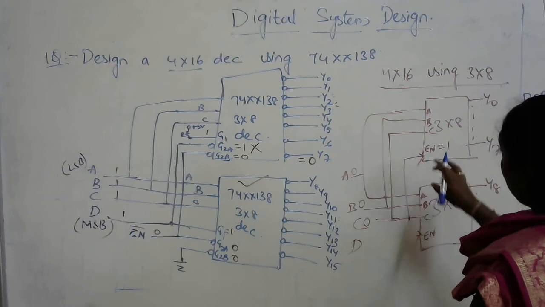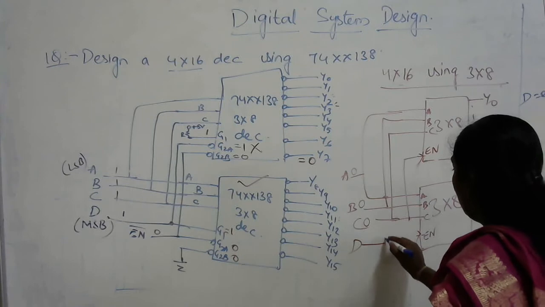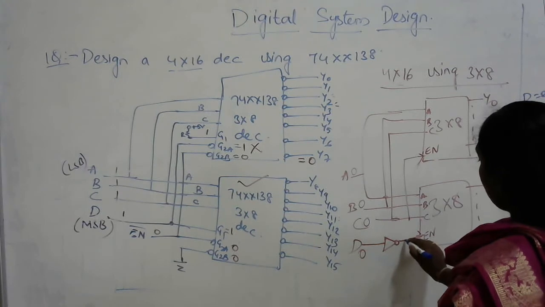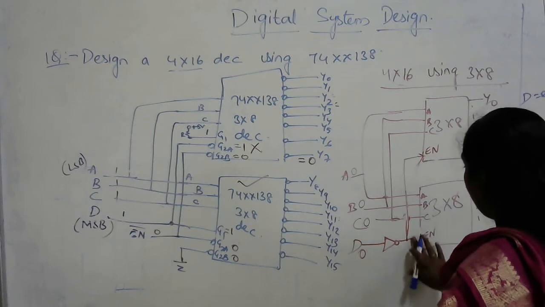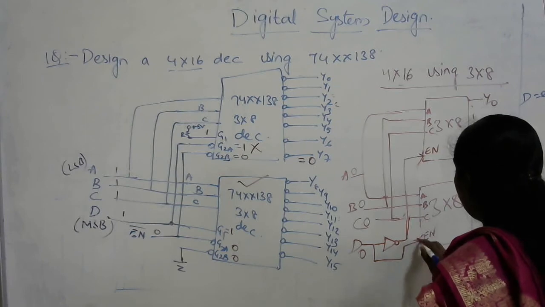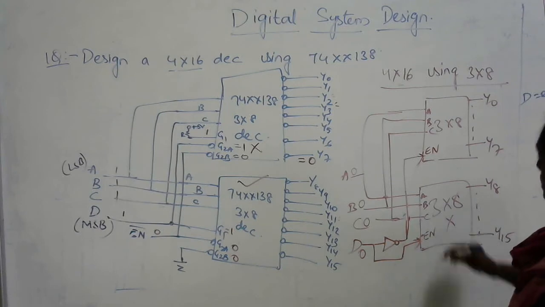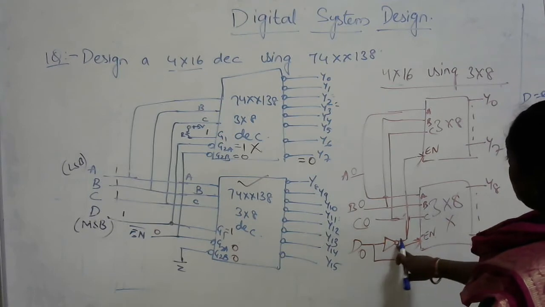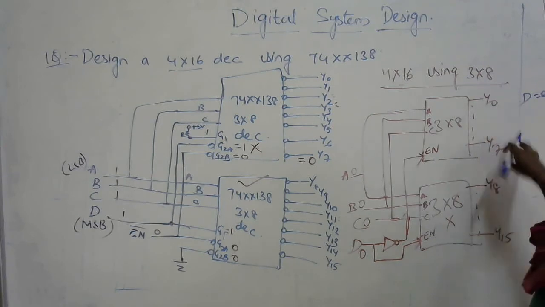So here, when D is equivalent to 1. What I am doing is, for the first one, I am connecting through the NOT gate. When D is equivalent to 0, as I am connecting the output through the NOT gate for the first decoder circuit, the first decoder will be in the high state, but D is connected directly to the second enable. As D is 0, the second enable pin is 0, so this circuit will not function. When D is 0, enable is connected through the NOT gate, so the first decoder will be in the active state, and the output is between Y0 to Y7.